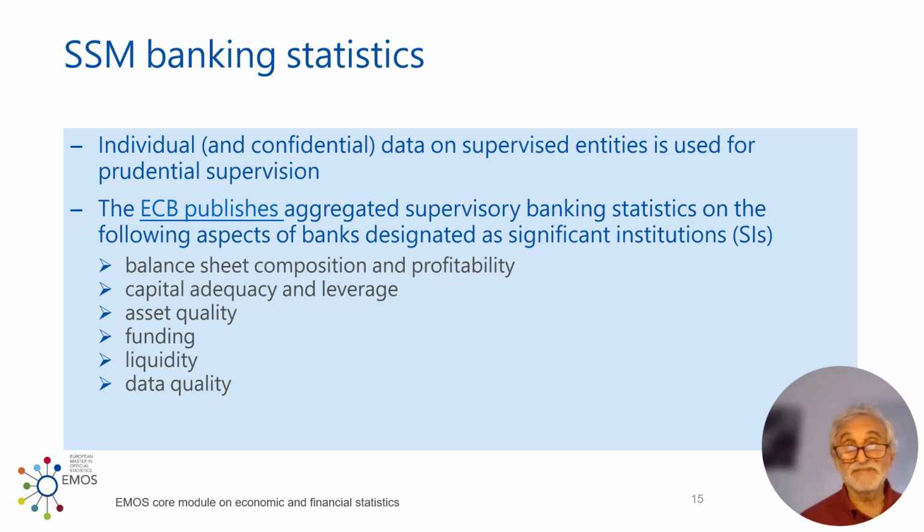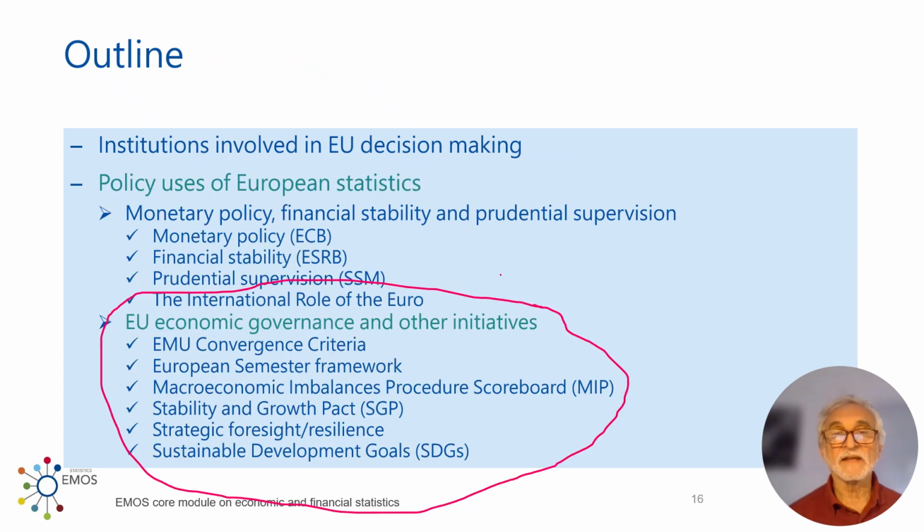So this data really has to be correct because it's on the basis of the individual bank. So it might lead that a bank is being closed or a bank is being fined on the basis of that information, and so that needs to be really of highest quality. And so also this task is with ECB. So that's again evidence-based banking supervision, an important task of the Eurosystem and the European Central Bank. So now we have covered basically the central banking part as monetary policy, financial stability, prudential supervision.